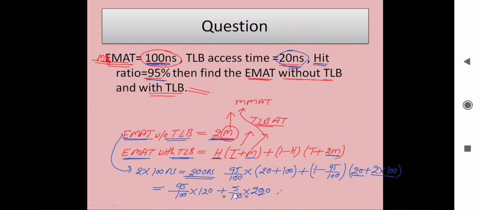Cancel out and simplify, and once you calculate this one you will get the result. Now confirm me, is it clear to all?